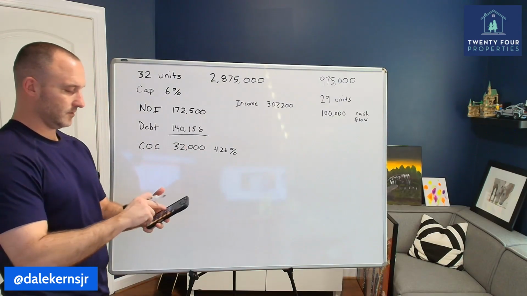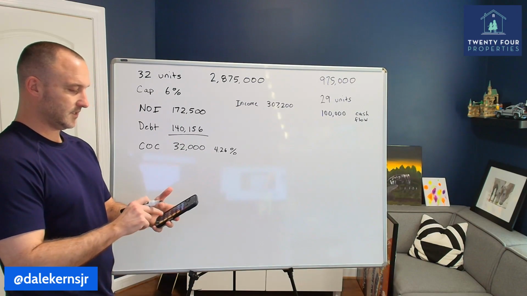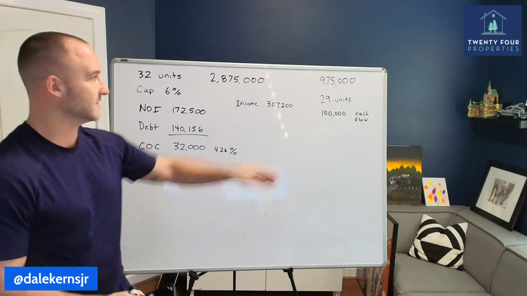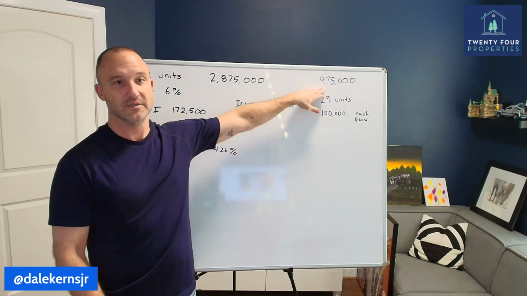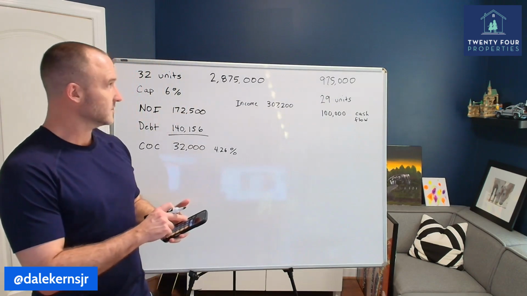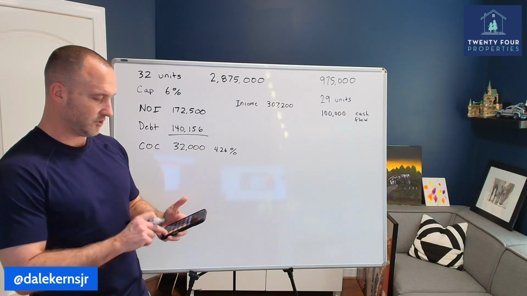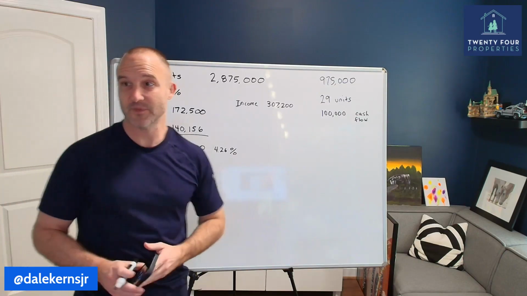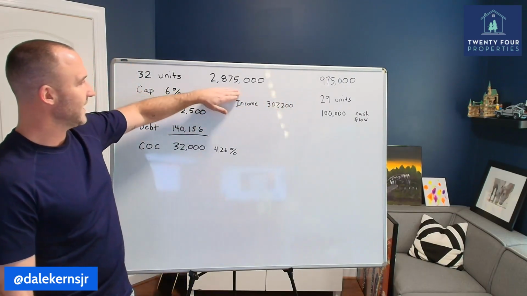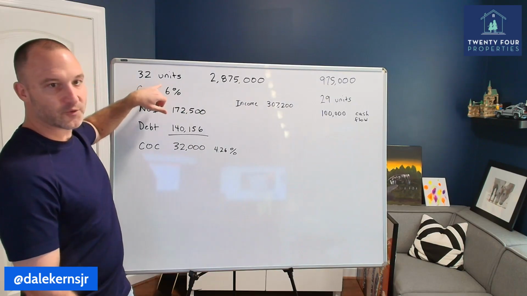So let's say times point, let's say 3. So 30% down on this is 862,000. We have 975. So that is plenty of money to put down on this. Okay? And let's say, so we have, let's say 100,000 left. 100,000 divided by 32 is $3,000. So let's say we took our 975, we put down payment of 30% on this, and we spent $3,000 and